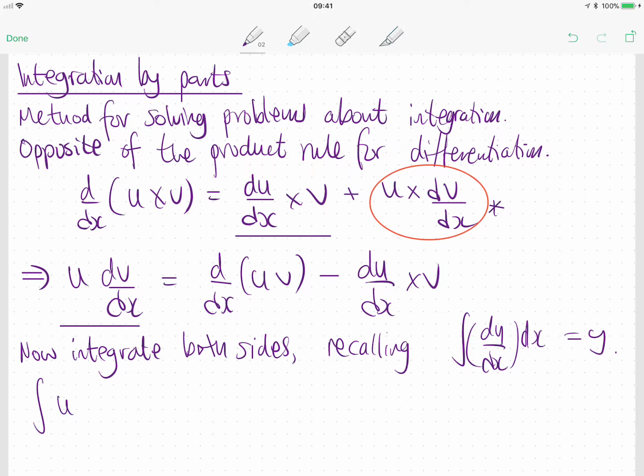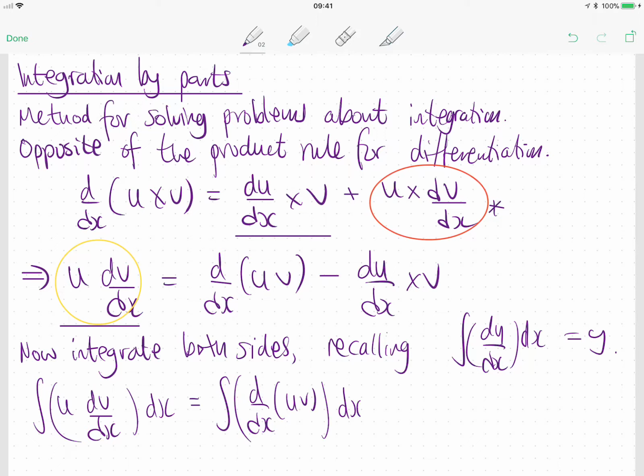So we have the integral of that thing on the left hand side, the integral of this. Now integrate the other side, so I need to integrate the first term and then integrate the second term, second term being this one,